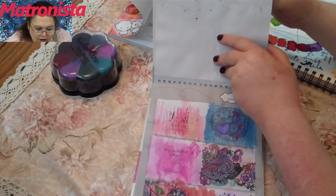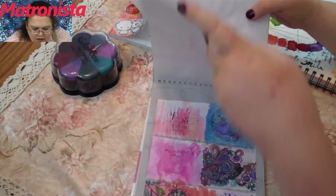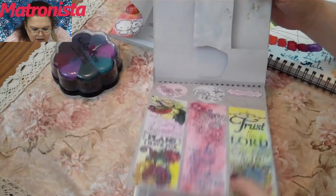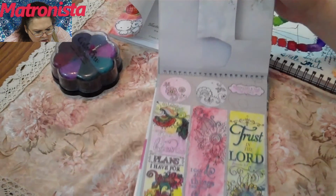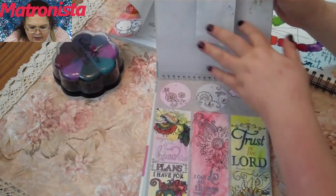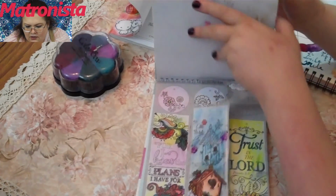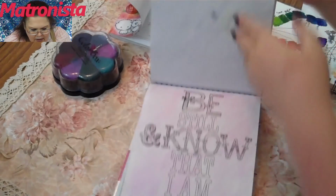This was just trying to learn the different types of colored pencils and the way I wanted it to look. And I didn't want it to look like any of these. There are parts of these that I like that I wanted to carry through. Kind of like the way that little birdhouse came out. But then